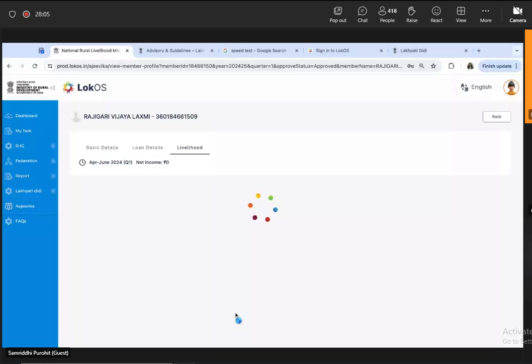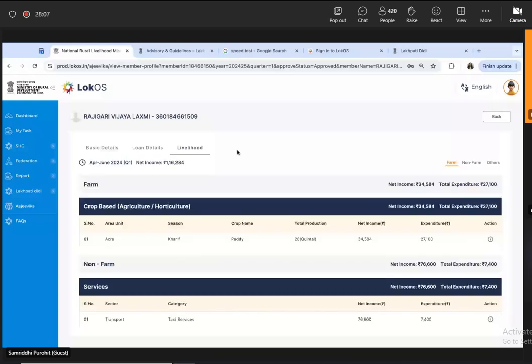It would be my request for you to wait for some time on this page since these details are fetched from the Digital Ajivika application exactly in the format in which it is filled in over there. Have some patience and wait for like 5 to 10 seconds for it to load. In case you're not getting a response in the first go, just click on refresh. You would be able to see it once the page gets loaded.